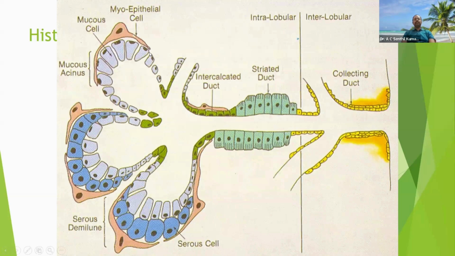The myoepithelial cells line these acini. That is the mucinous acini cells. They secrete the mucus from the gland. And then you have the serous demilunar cells, where you have the serous cells. They go into the intercalated ducts. Then you have the striated ducts, the collecting ducts, and ultimately from the intralobular, you have the interlobular, and finally they go into the